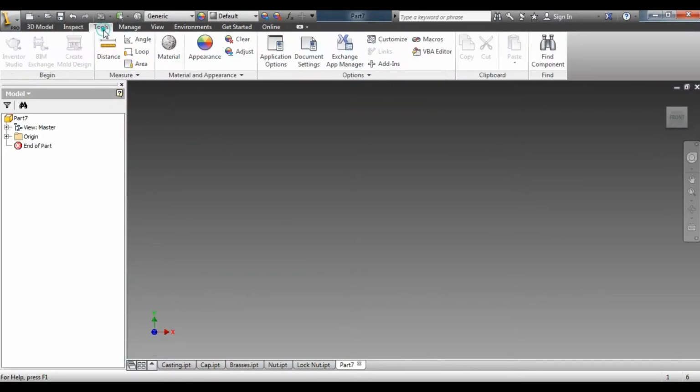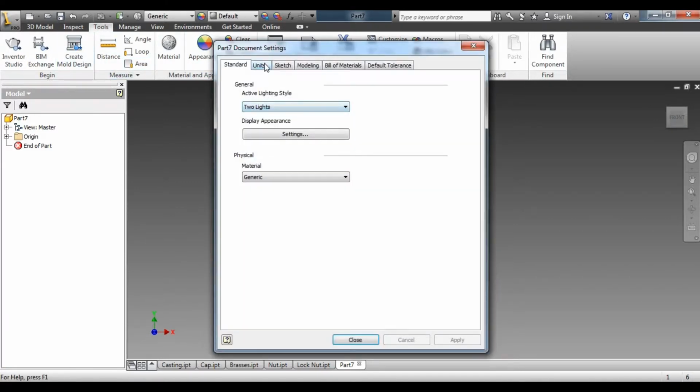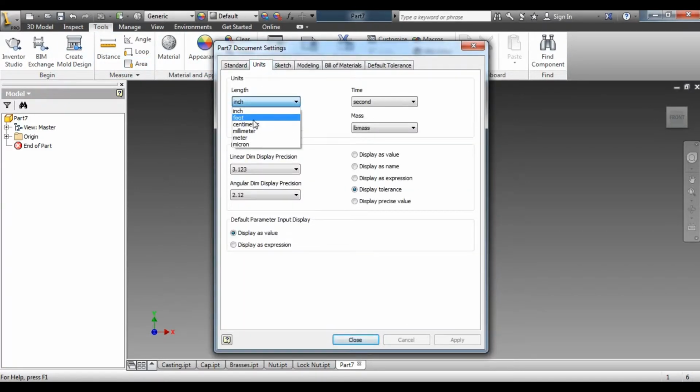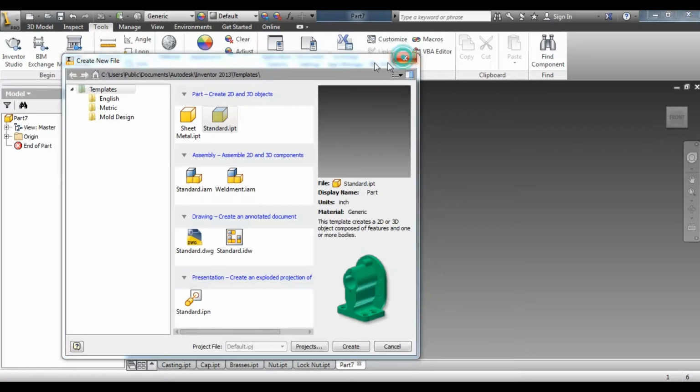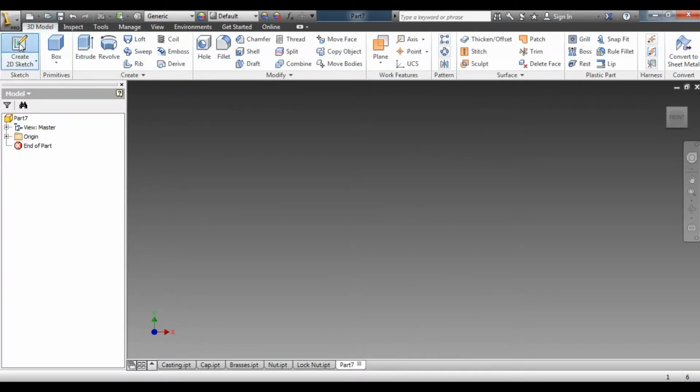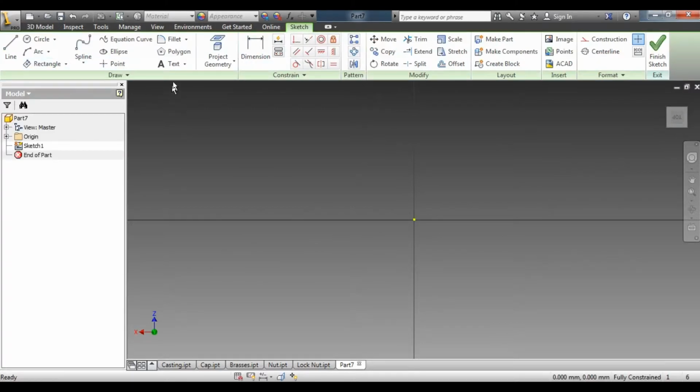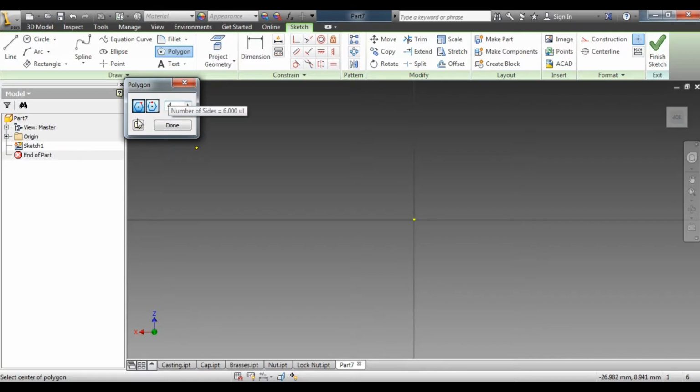Next I will change the dimension in the document settings, we need millimeter. Apply, close. In a 3D model, I take any one plane. Now in the polygon, it is 6, a hexagon, but here it is asking for 4,